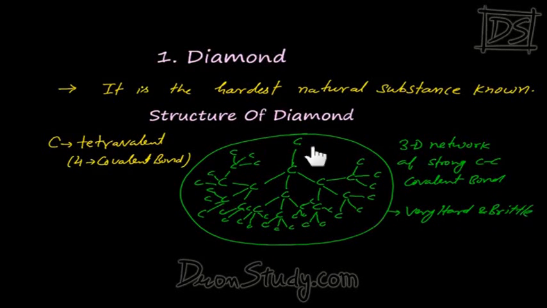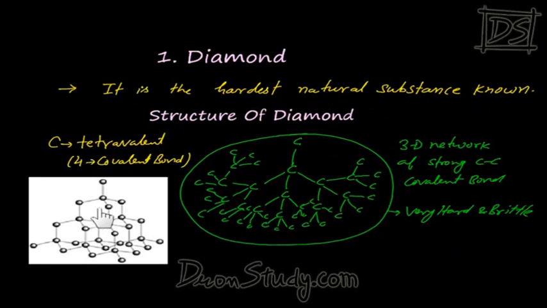Due to this very big network of covalent bonds, how is diamond? Very hard and brittle. And for the same reason, we say that diamond is the hardest natural substance known on the Earth's surface. Let's see the structure of this a bit in detail. So see, as I have told you, each carbon is attached with 4 carbons in tetrahedral manner. That carbon is arranged with some other 4 carbons in tetrahedral fashion. Each carbon is attached with 4 carbons in this way,